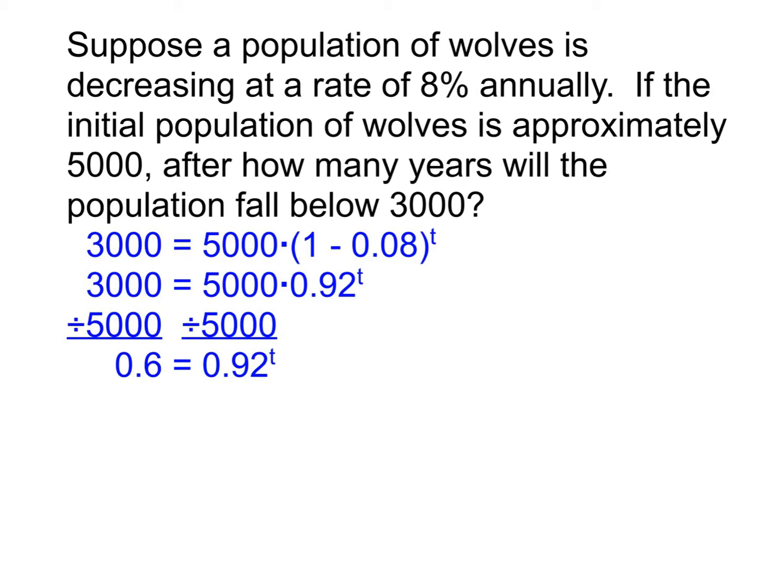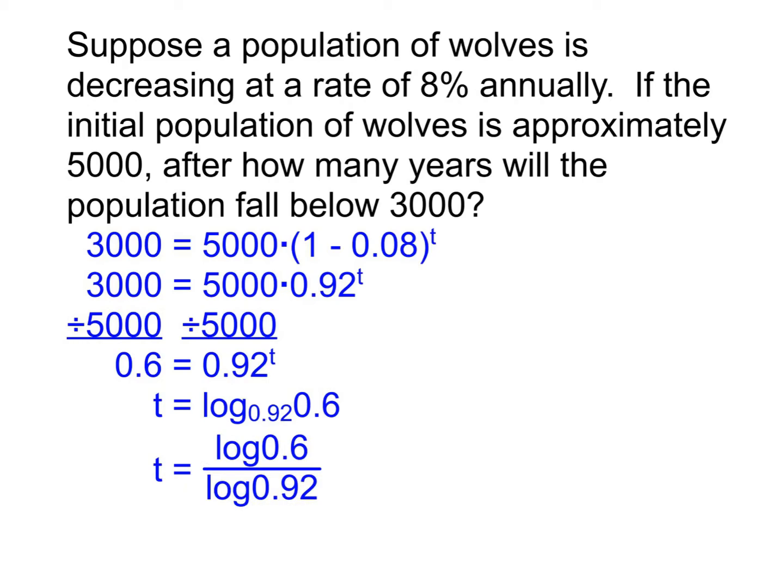Once we get it to this point where we have the exponential by itself, now we need to remember how do we solve for an exponent. And solving for an exponent is the entire reason why logarithms exist. So the first thing I want to do in solving it from there is turn it into a logarithm. So I'm going to have to be figuring out what log base 0.92 of 0.6 is. In order to calculate that value, you have to use the change of base formula. So we do log of 0.6 divided by log of 0.92. Once you do that calculation,